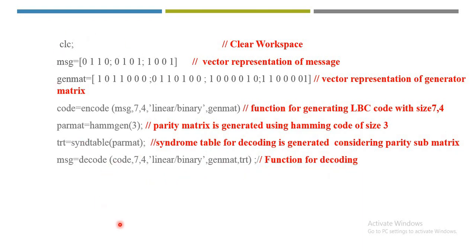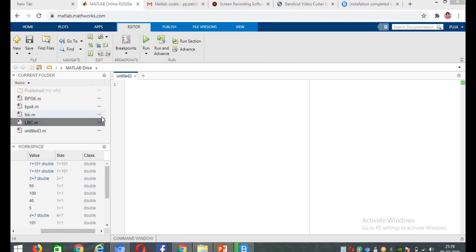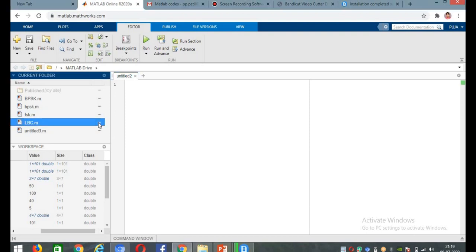Now we are going for the actual implementation. For the actual implementation we are using the online simulator, the same which we have used in the earlier practicals. For performing the practical we go into the online editor of MATLAB. I have already typed the program and run it, so I am just opening it. You just go to New and press Script, and a new script will come; this is the editor window where you need to write the program. Not to waste your time, I have already written the program and I am opening it.